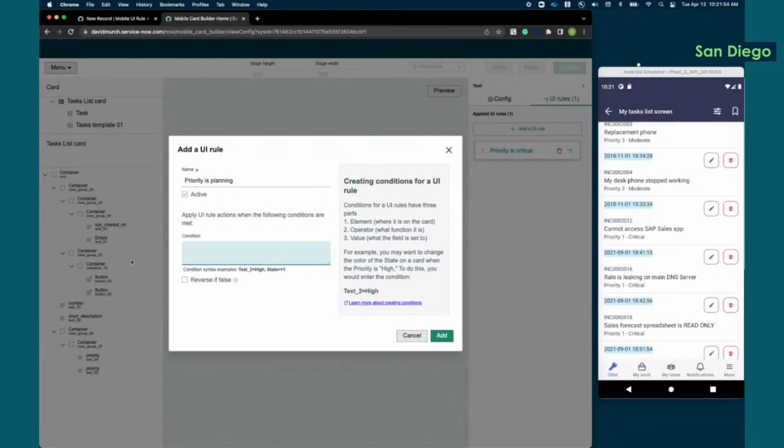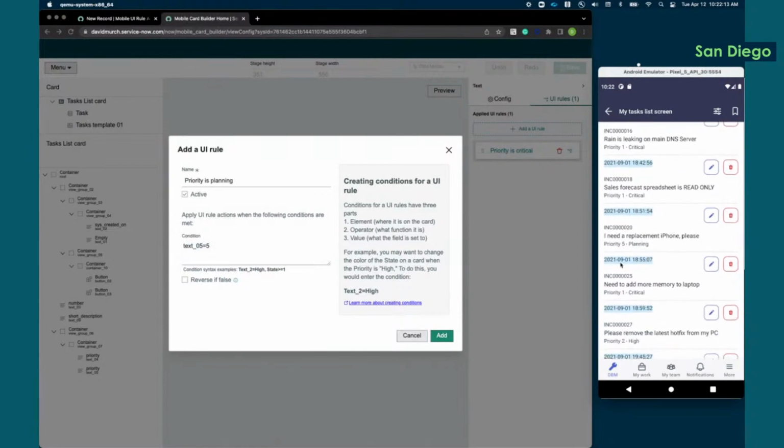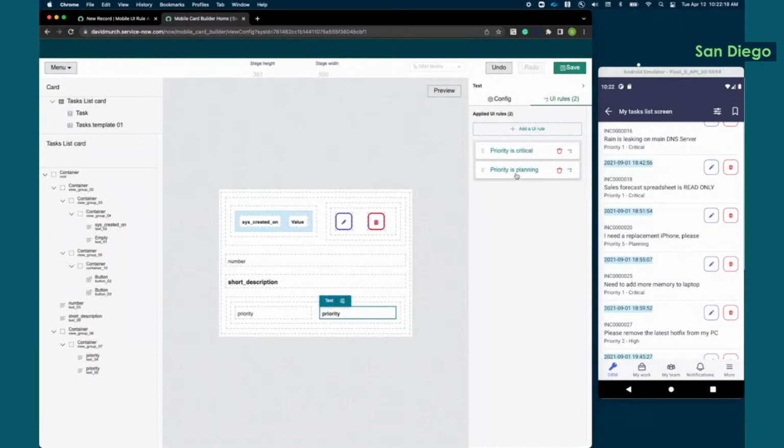But again, this is where knowing text underscore 05 and not having to dig for it helps, because I can just come right in here, text underscore 05, because we're going to reference this priority field, and then just go equals 5 for planning. And again, you can get that off of your information here. Priority 5 is planning. So I add that, and now I've got my new UI rule for priority is planning. But how do I go about making